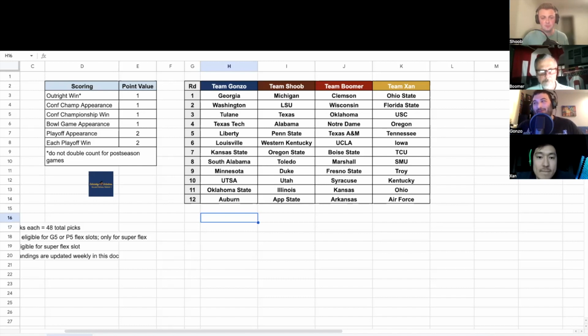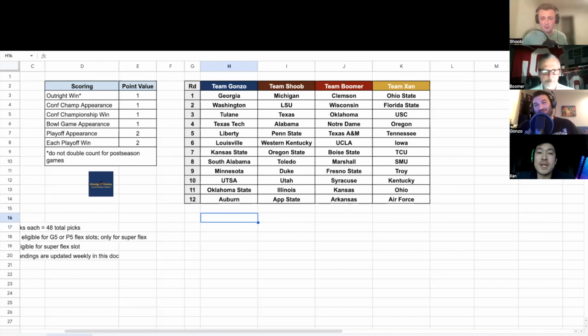That kind of was probably the gaffe. I probably could have waited on them, because if you got Kansas State in the 7th, you probably could have got Tech in the 7th, I think. Yeah, I think Gonzo's round 7 through 10 was really good. I think he got great value at K-State. South Alabama was a great one.